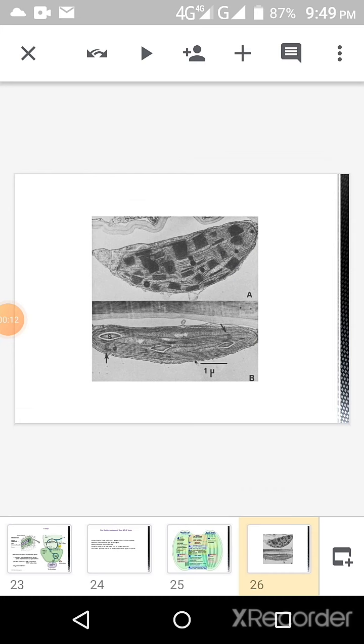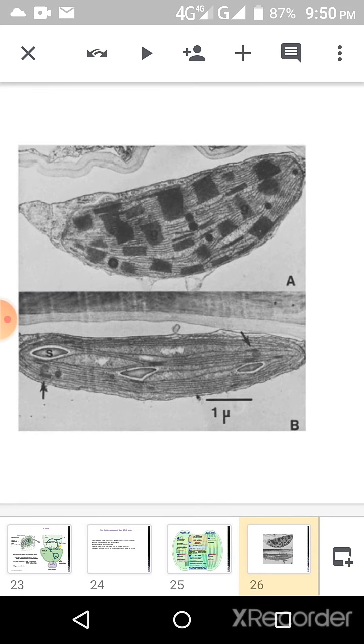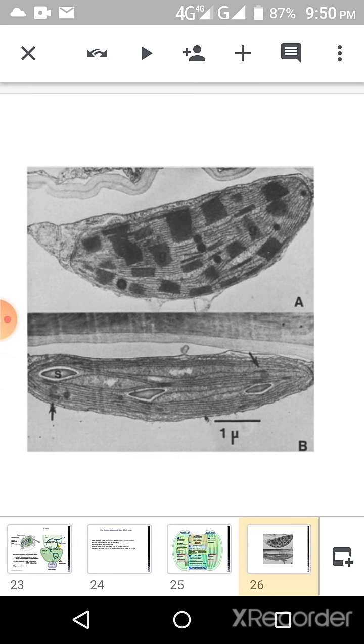This figure shows two different chloroplasts. The upper figure is of a granule chloroplast. The chloroplast shows grana stacks within it, and the lower one has no grana within it. The agranule chloroplasts are present in the bundle sheath cells of C4 plants, whereas the granule chloroplasts are present in the mesophyll cells of